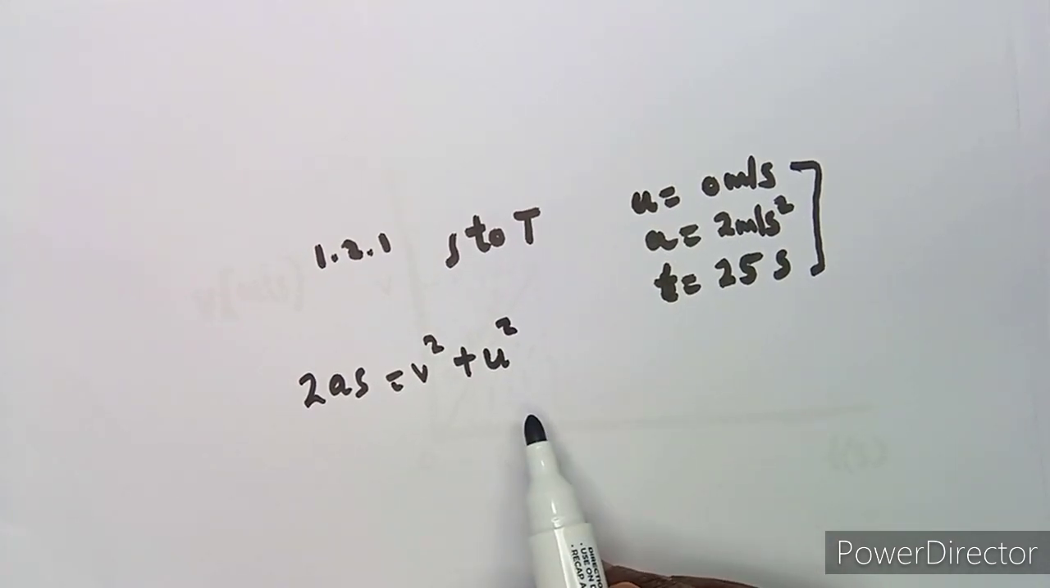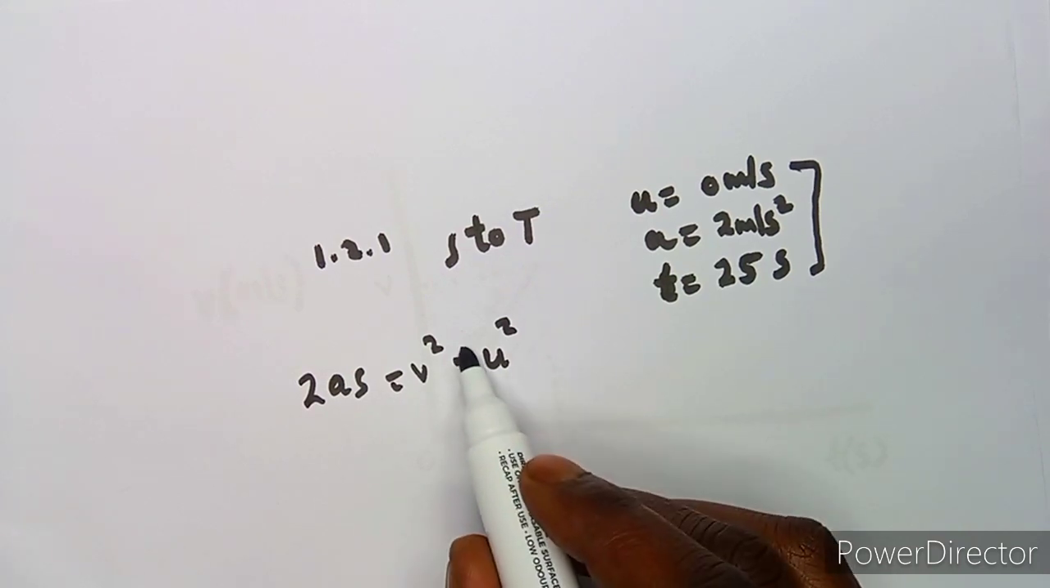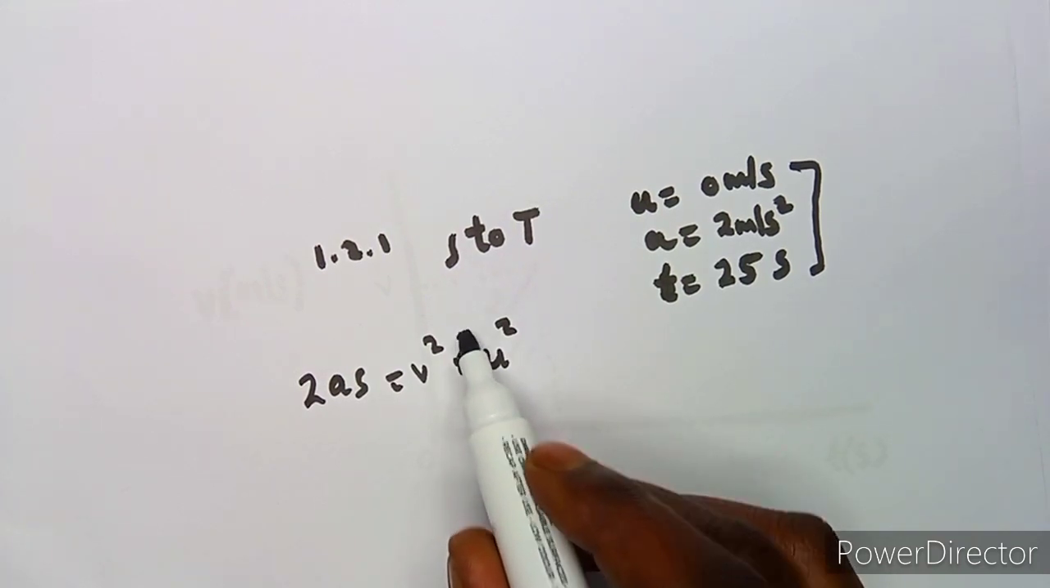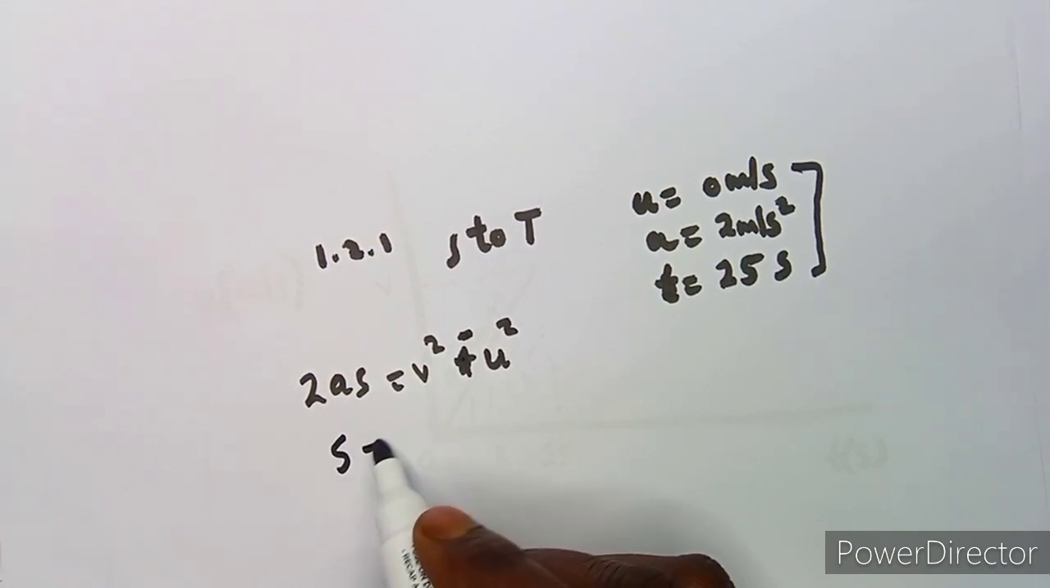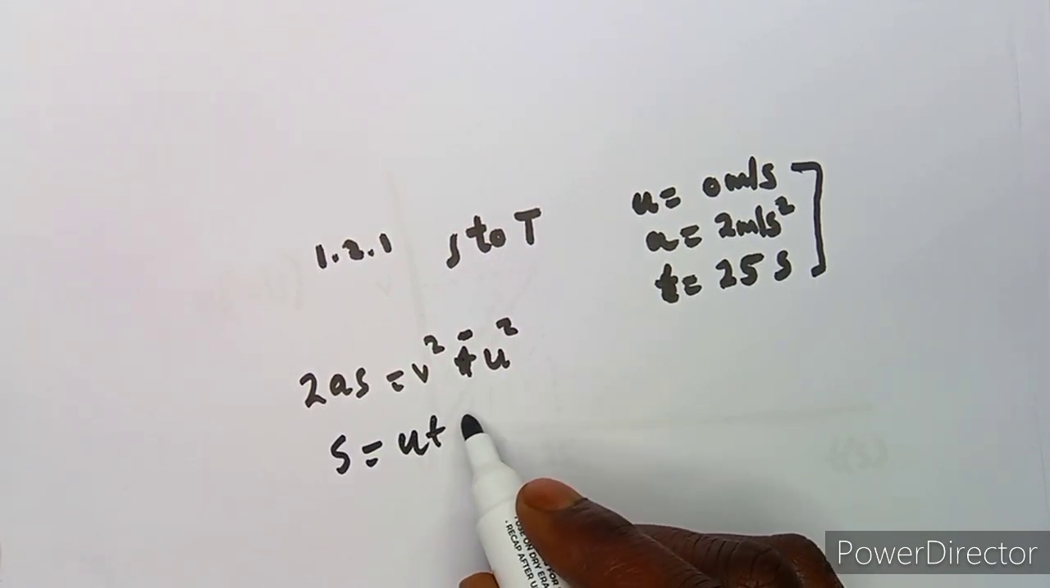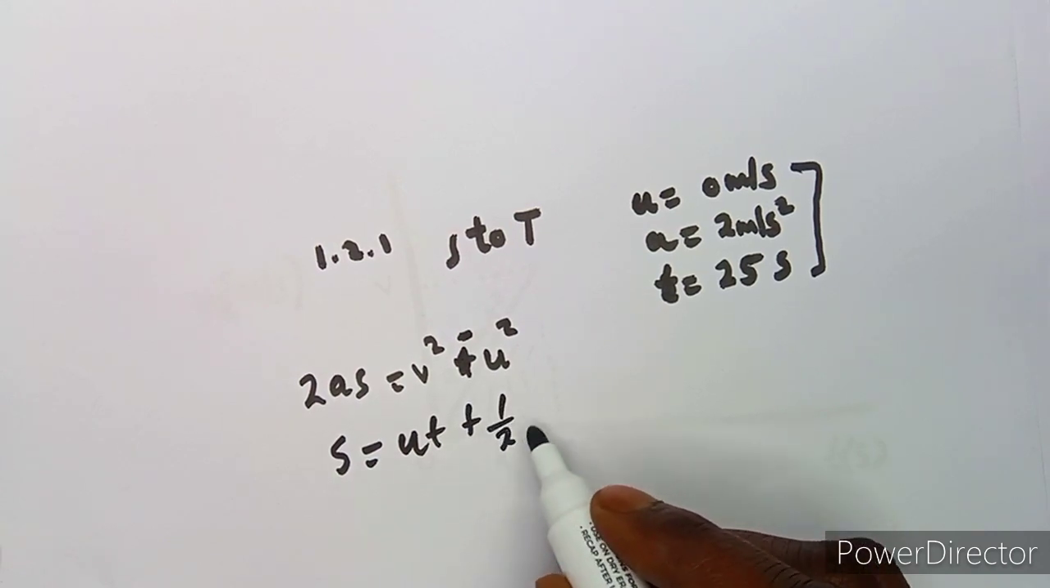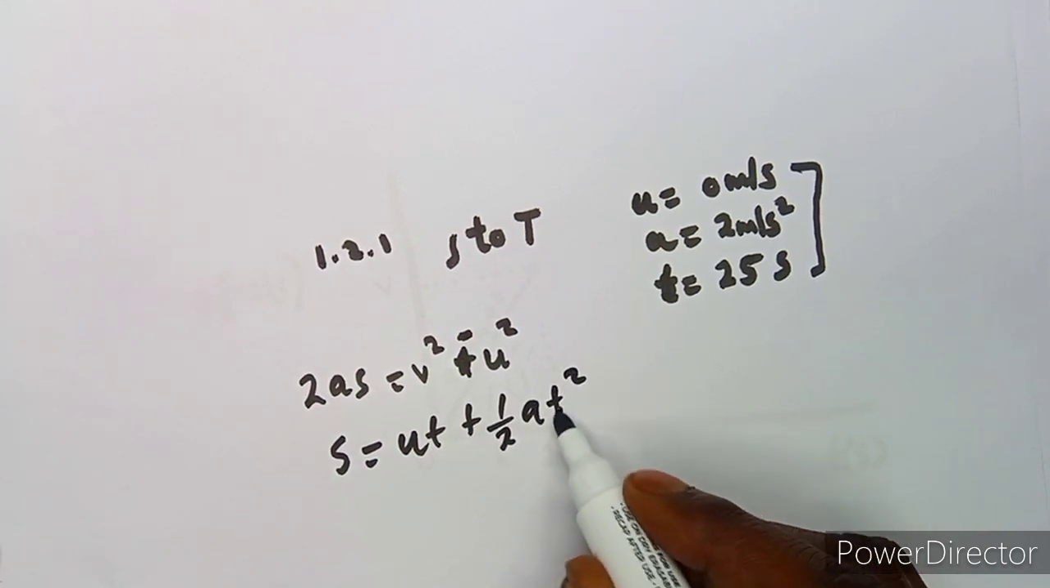So this one we can't have anything. This one is supposed to be a minus because you've subtracted the other side. Okay, we move on to another formula with s, which is equal to ut plus half at squared. Yes, we can play around on this one because